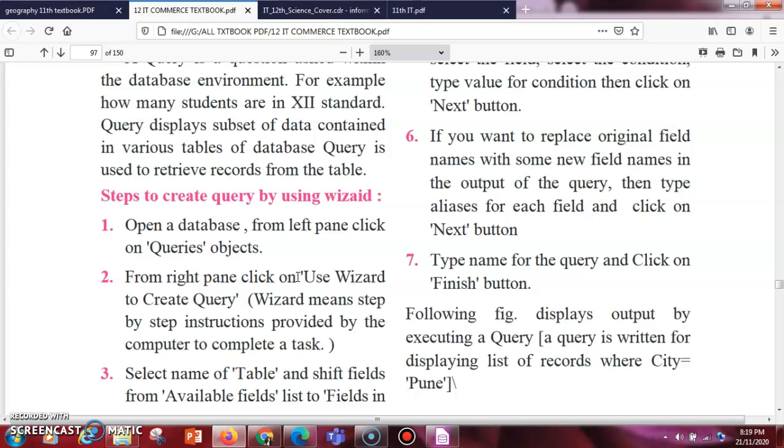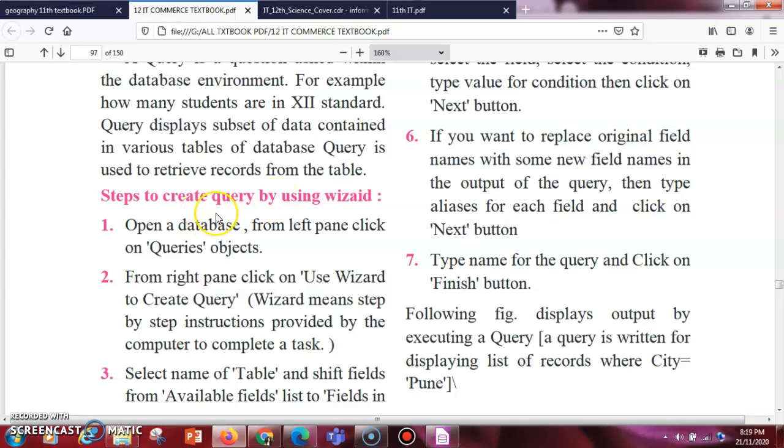We have already studied about the query in lesson number 2, that is DBMS in 11th standard. So we have a tentative idea about it, that we can insert, delete, truncate, update, alter. With the help of a query, you can retrieve the data, manipulate the data, add the data, remove the data. Means all the things in the database can be done with the help of a query.